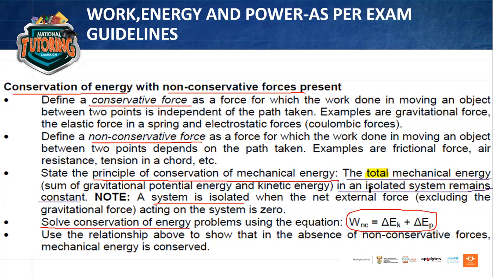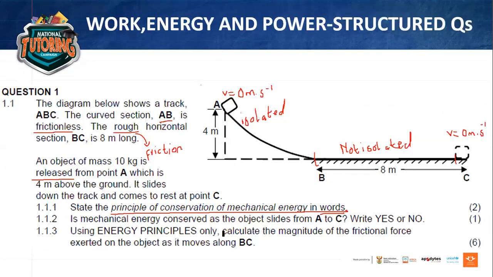What you see in brackets here, sum of gravitational potential energy and kinetic energy, it is just to explain further what mechanical energy is. But all you need to tell us is that the total mechanical energy, this part that is highlighted, in an isolated system remains constant. And that is how you are going to get your 2 marks altogether. Right. Also, remember, it must be an isolated system. So you can't omit the word isolated, and this will be a 2 or a 0. Then